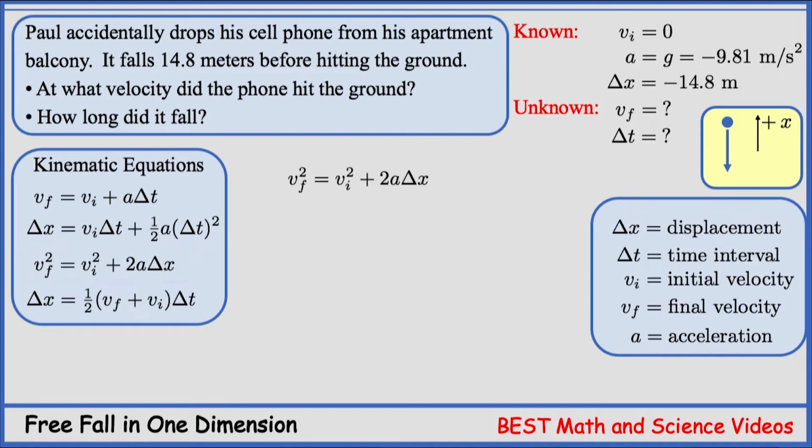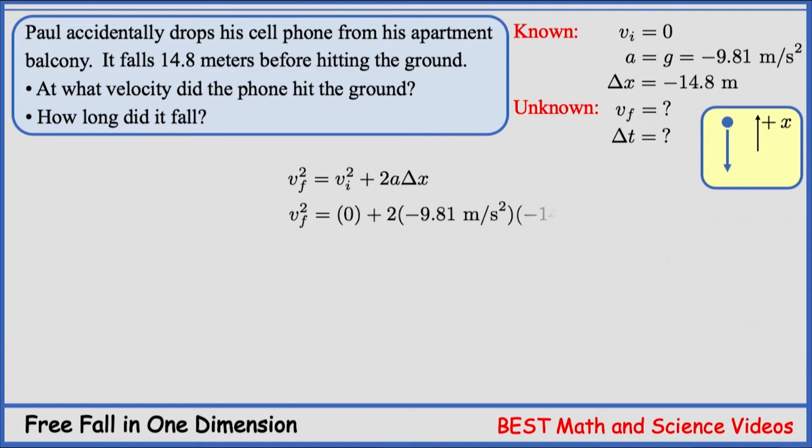Okay. So now we can solve the problem. First, we substitute the known variables. The initial velocity is 0. The acceleration is negative 9.81 meters per second squared, and the displacement is negative 14.8 meters. Using a calculator, we find that Vf squared equals 290.376 meters squared per second squared. And taking the square root, we find that Vf equals negative